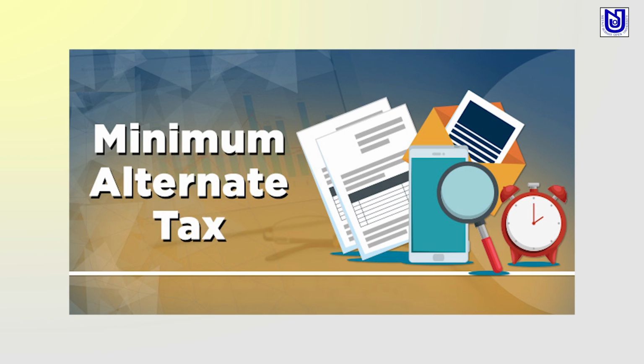Amount set aside as provision for diminution in the value of asset. If you have set aside any provision for diminution in the value of asset by means of revaluation, that has to be added back. Amount standing in revaluation reserve relating to revaluation of assets on retirement or disposal of such asset, if the same is not credited to P&L account. That is, whatever amount is standing in any revaluation reserve on retirement or disposal of asset not yet credited to P&L, that has to be added back. These are the items to be added back. We will be discussing later on.